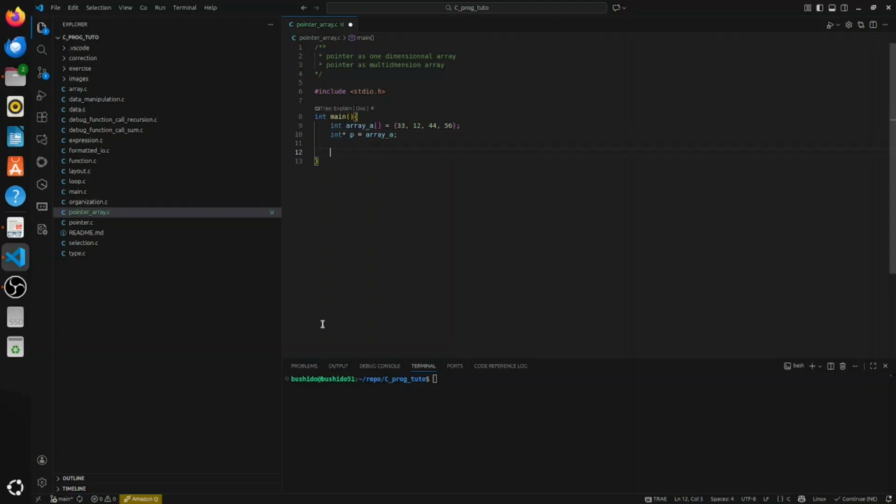So for example, I can do p plus 1. Okay, so now I point to the next value, because before I pointed to the first value, and then if I do plus 1 I point to the next value. If I print the value of p, the value is 12, like my AI says directly here. I can do it with more values. So you can do addition, and you can do subtraction,